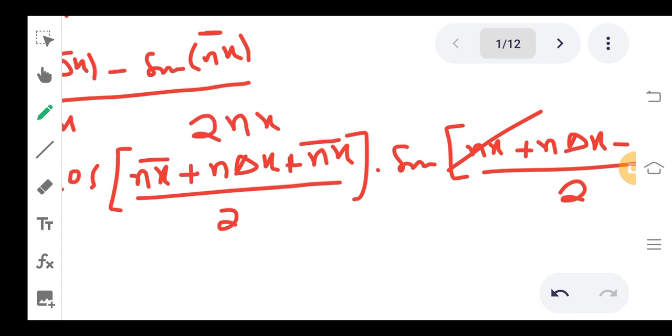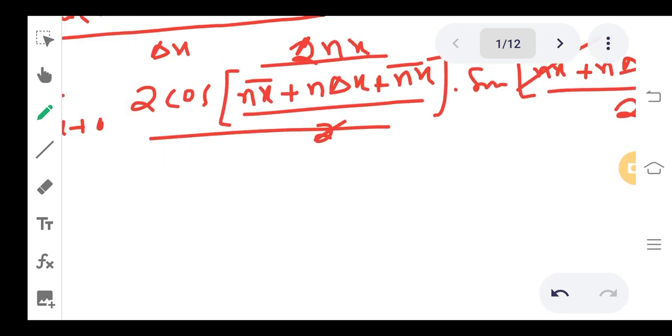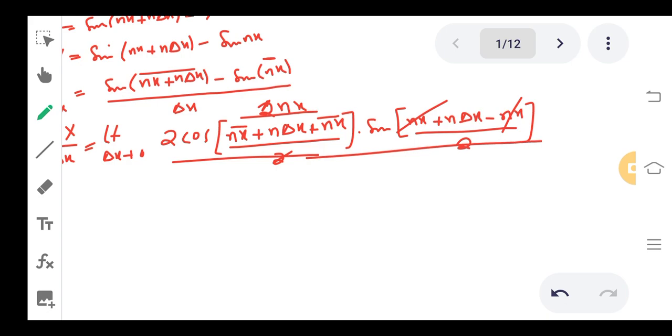Okay. So if we divide this by this 2, then the remaining term will be n delta x over 2, and this also becomes delta x. So here it will be the limit as delta x tends to 0, and 2 cos